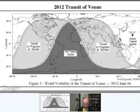And then, finally, that last gray area, the one on the right that has Eastern Africa, Europe, Saudi Arabia, India, and all of Western Asia, you will see the eclipse starting at sunrise. So if you want to get up early, you can go out and do that. If any of our listeners, watchers live in that area, then it's going to be an early Wednesday morning event